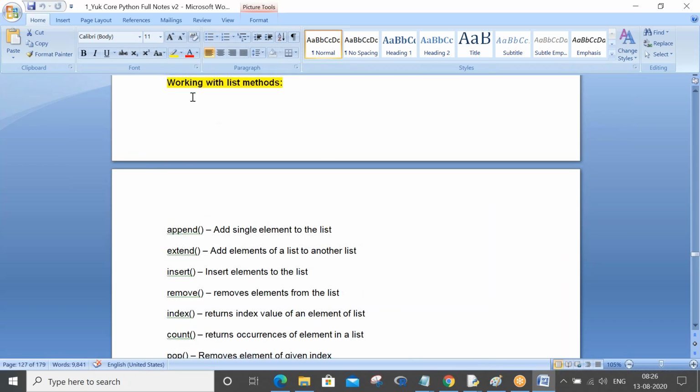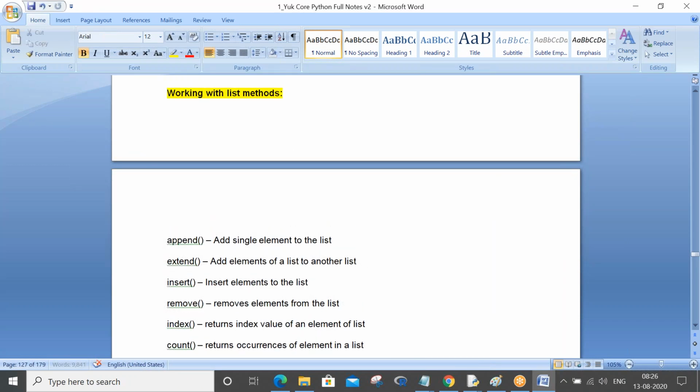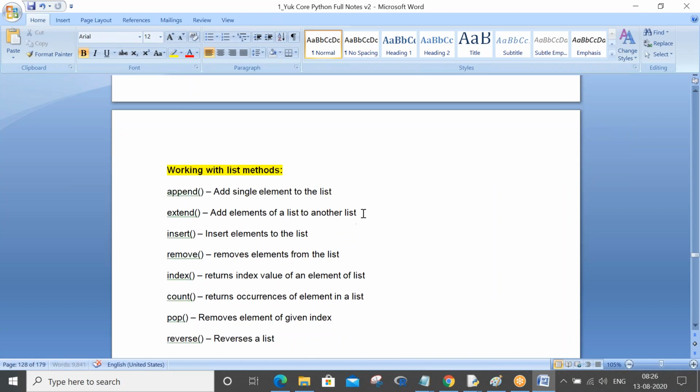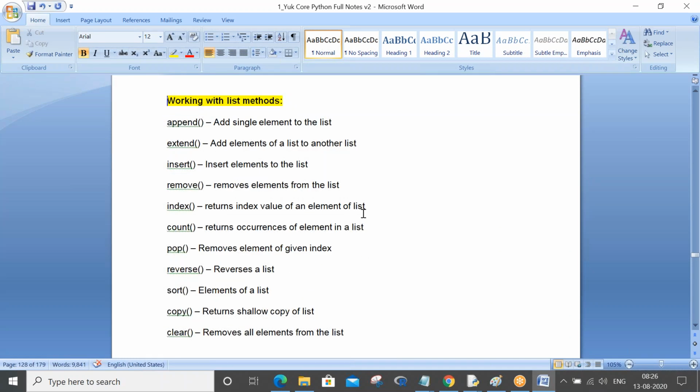Okay, so working with list methods. I want you all to write down these methods with pen and book in your notes. Please put down these method names in your notes. I know you have this, but still it's good practice to write down.